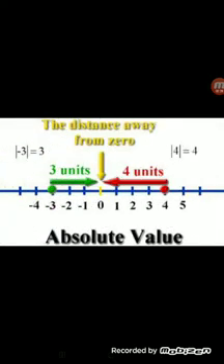Now we will study what is the absolute value of an integer. The absolute value of an integer is its numerical value regardless of its sign. In other words, the distance of an integer from 0, irrespective of the direction, is called the absolute value of an integer. So if we want to find the absolute value of 4, it will be equal to 4. Basically, absolute value is the distance of an integer from 0 irrespective of the direction.